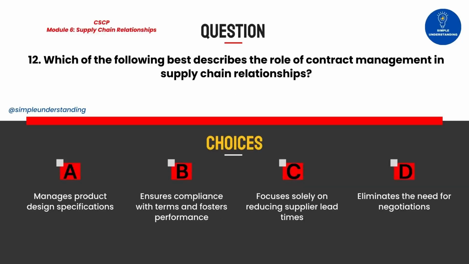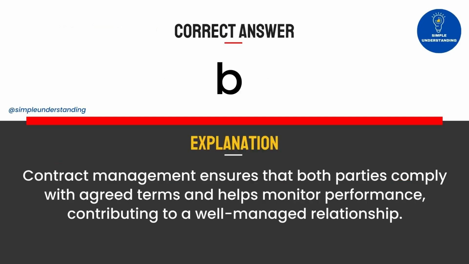12. Which of the following best describes the role of contract management in supply chain relationships? A. Manages product design specifications. B. Ensures compliance with terms and fosters performance. C. Focuses solely on reducing supplier lead times. D. Eliminates the need for negotiations. Correct answer: B. Explanation: Contract management ensures that both parties comply with agreed terms and helps monitor performance, contributing to